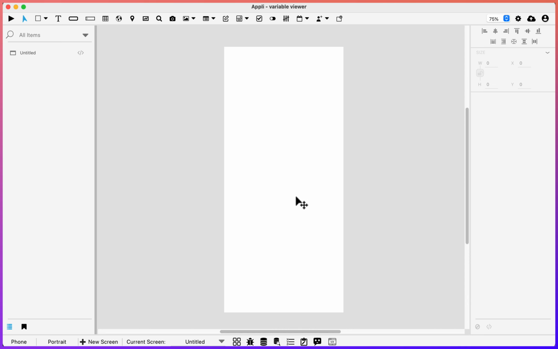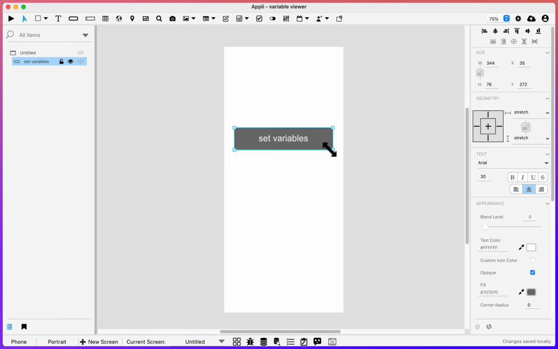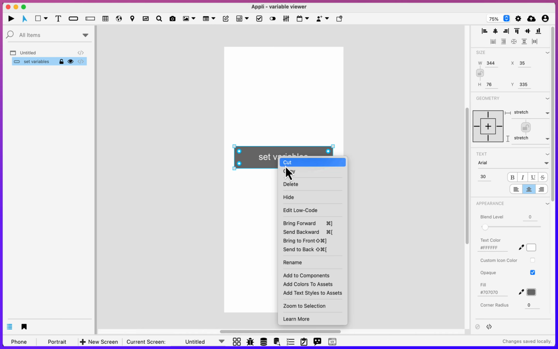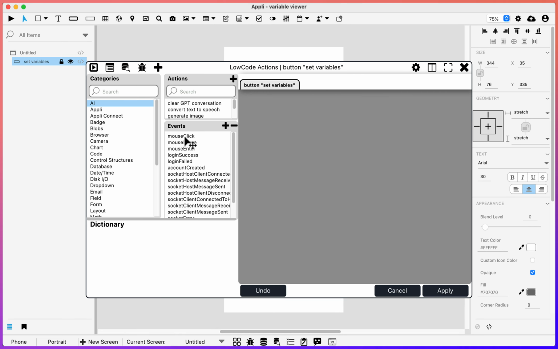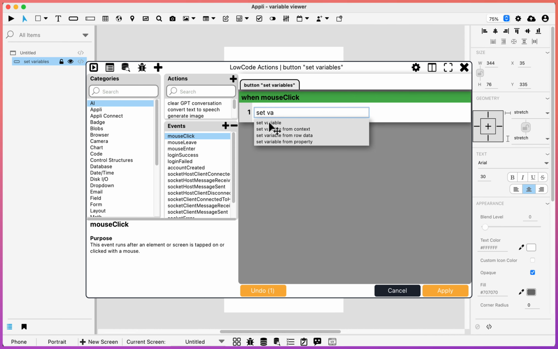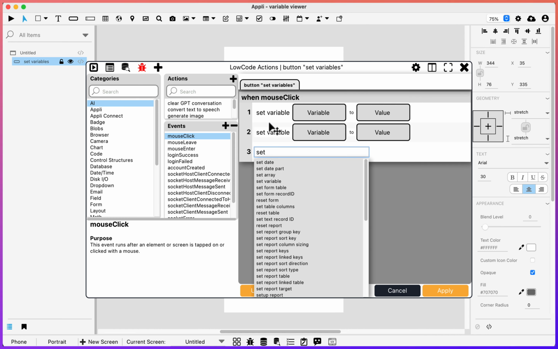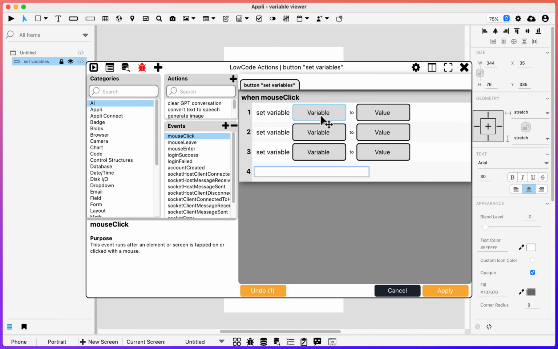So let's begin by creating a little button and just setting some variables with it. We're not building an app, we are just doing this demo to show you some features. So when we click the mouse, we're going to set 3 different variables. I'm just going to create a couple actions here. So let's create a variable named name, set the value to my name, one for color,